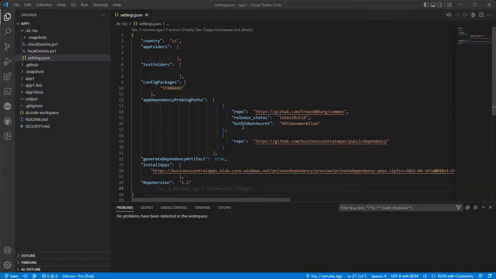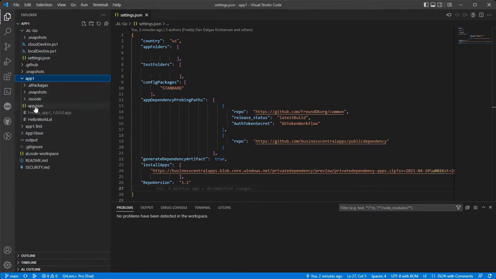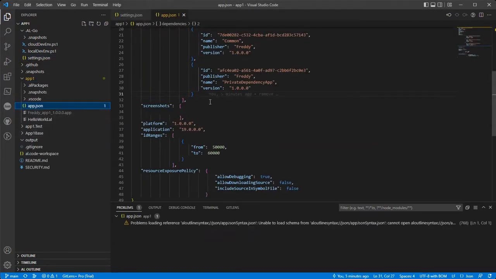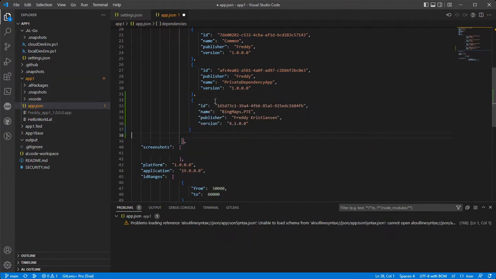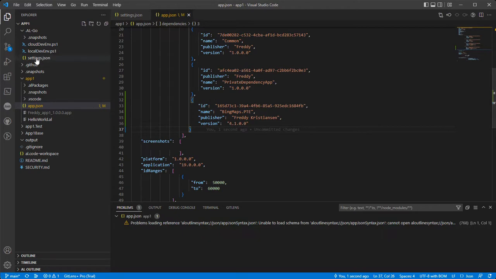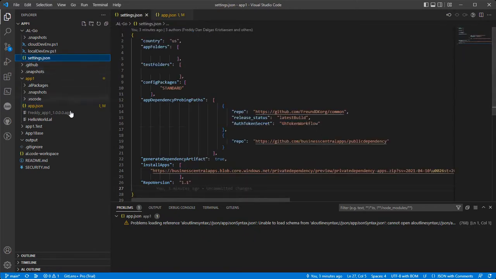So let's add a dependency to an app file which we check into our repository. In order to do that, we need to create the dependency in our app file. I'll open the app.json, and next to the private dependency app, we will paste in a block with the dependency for our Bing Maps PTE. Save that. Now we need to tell AL-Go for GitHub where to find that dependency, and inside our